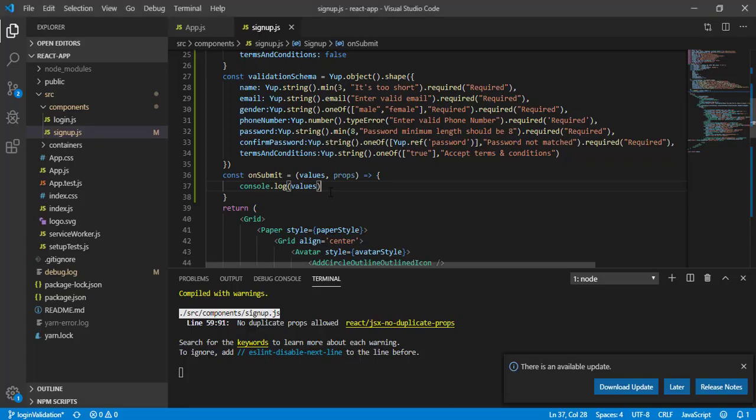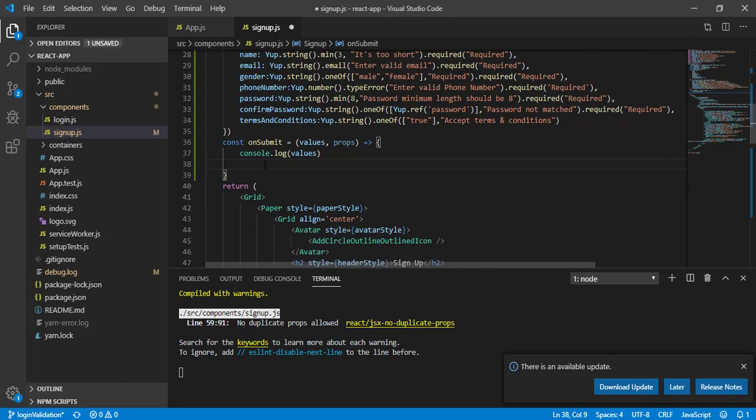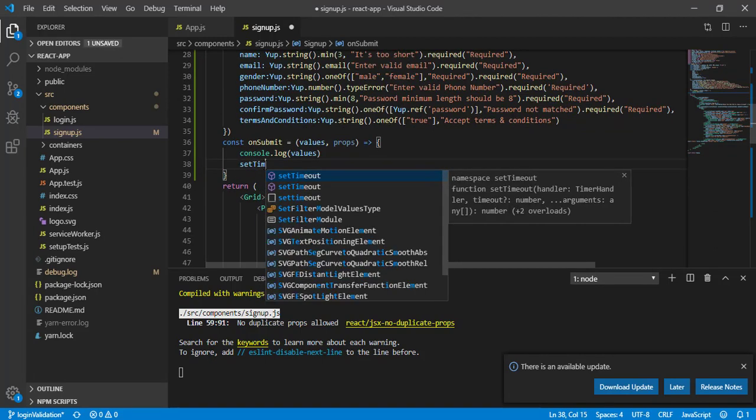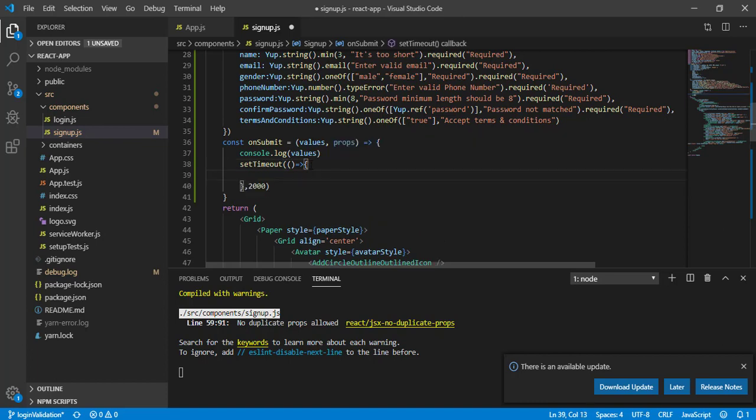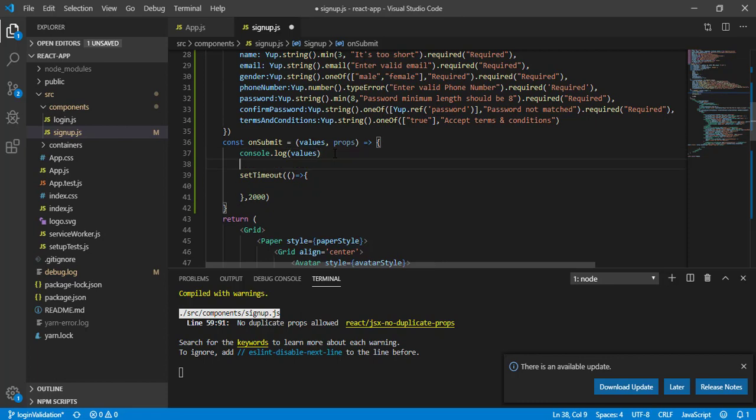For that, let's add setTimeout here. This is going to take an arrow function as the first parameter, and the second parameter is the time. I have given 2 seconds. Now this props is going to give me access to some of the values, so let's console log this props first.